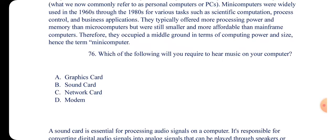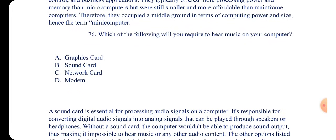That is it. And question 76: which of the following will you require to hear music on your computer? They've given you graphic card, sound card, network card, and modem. So it is the sound card. The sound card is used to